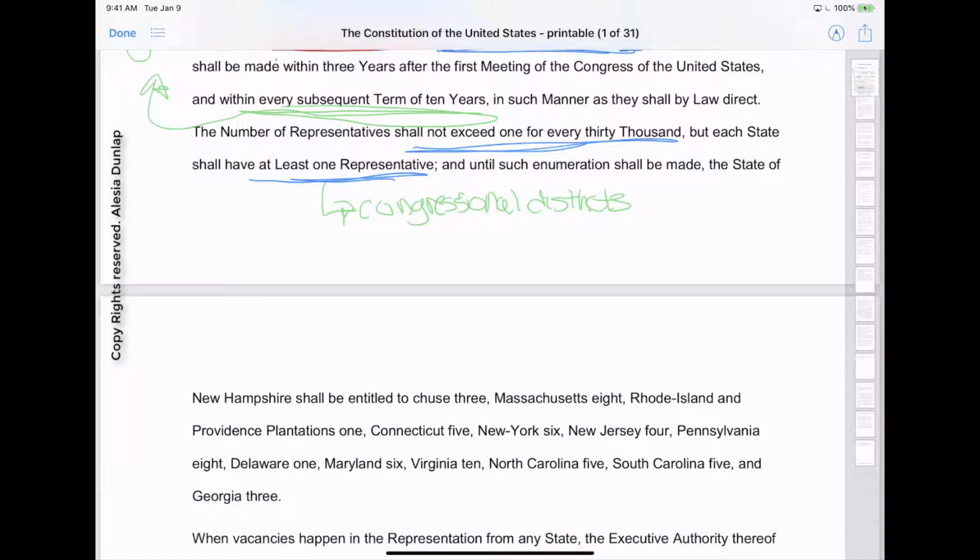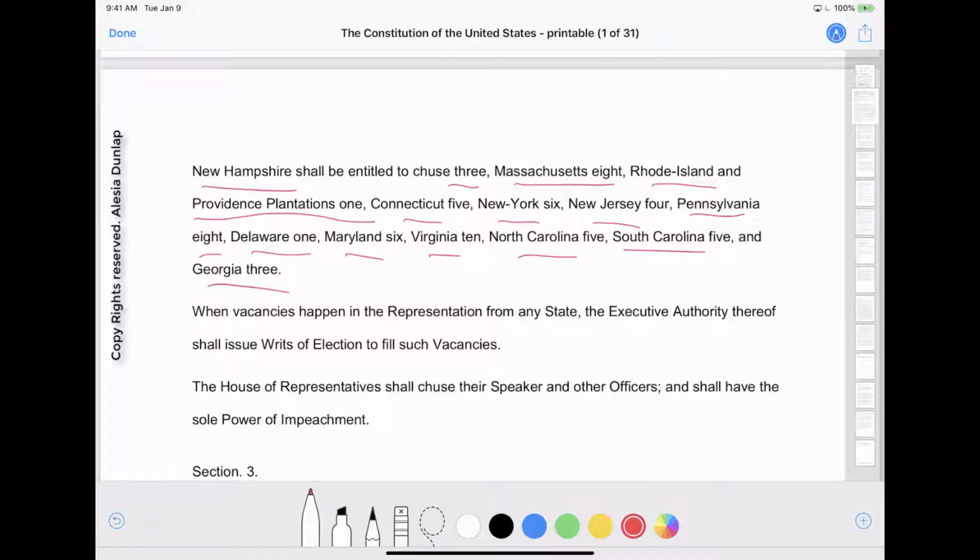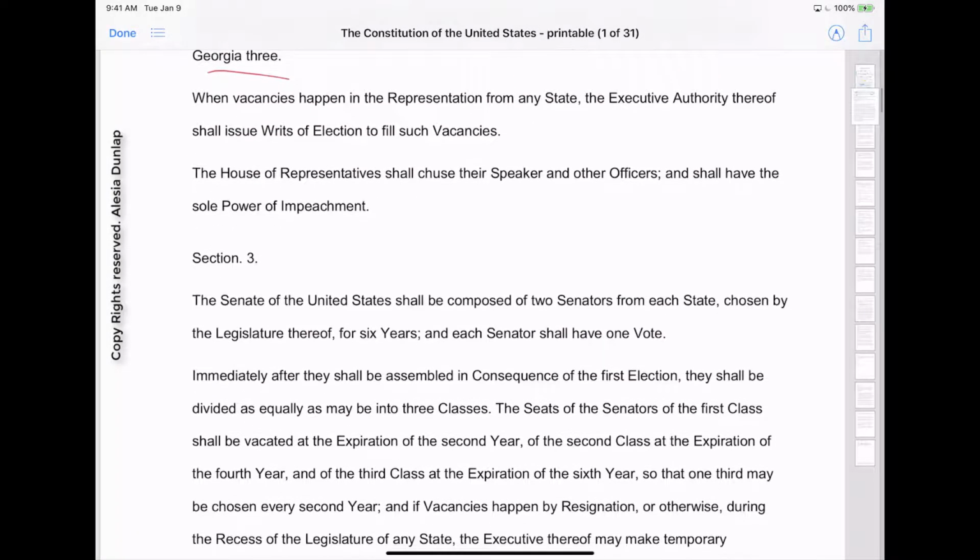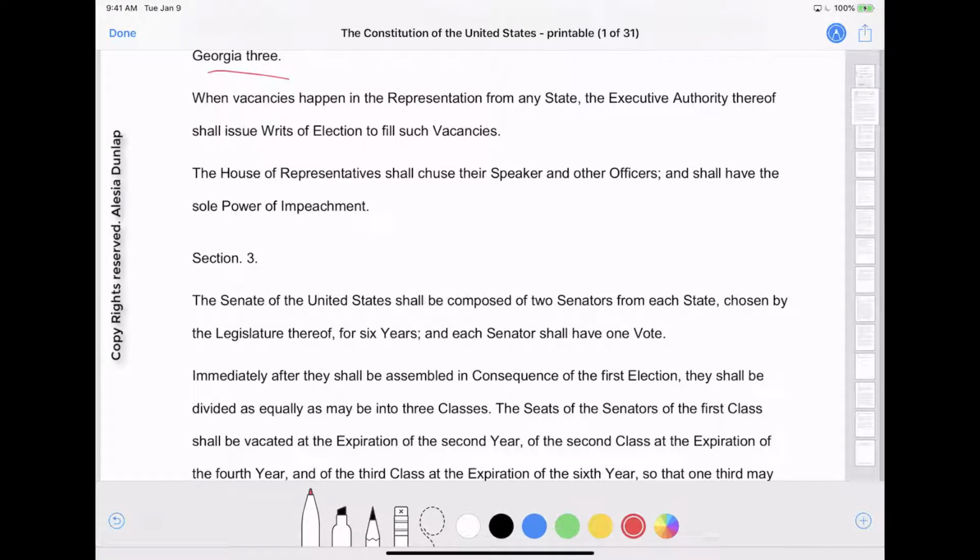in the states, and they obviously had some sort of an issue with the proportions based on population in relation to representatives in their states. Now, if a member of Congress dies during their term, the governor will hold a special election. So this is where this comes in. The governor will hold a special election in order to fill that particular vacancy.